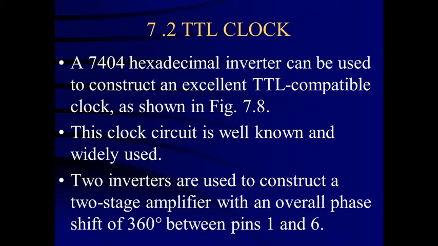The second characteristic deals with the transition time. When it is changing from low to high, it changes from 10% to 90%. The amount of time is known as the T rise time, and similarly the time it takes to change from 90% to 10% is called the T fall time. This transition time should ideally be 0, but the shorter it is, the better the clock frequency is. The third important thing is frequency stability. Short term stability and long term stability are required.